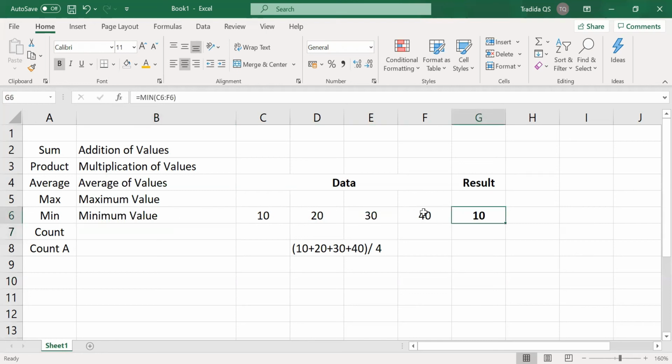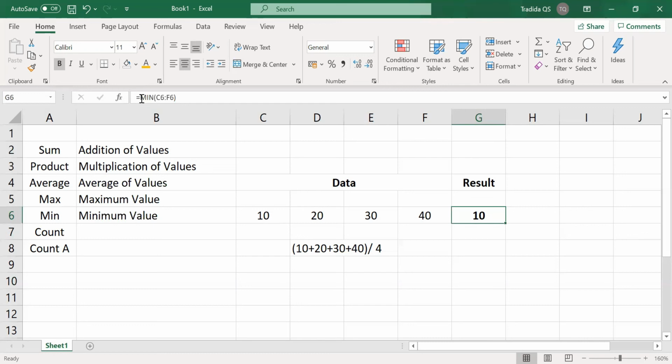Here this is only 4 data, so it is easy for us to visually see that 10 is my minimum value. There may be 20 entries, or 25 entries. You are organizing an event, or you are collecting funds for a charity from many people. People send you money, different amounts are sent to your bank account. So you will download the bank account statement. You will use the minimum formula, so you will come to know the minimum amount paid by a person. Also you will use the maximum formula, MAX. You will get the maximum value paid by a person. That's the usage of minimum and maximum formula.